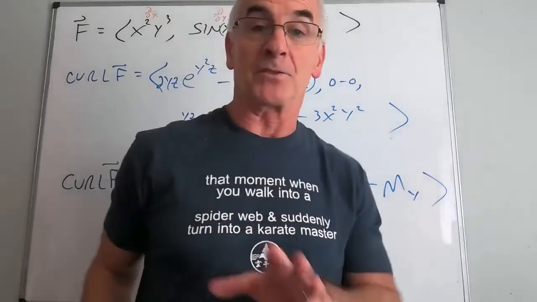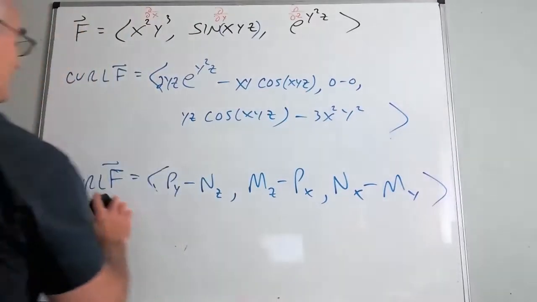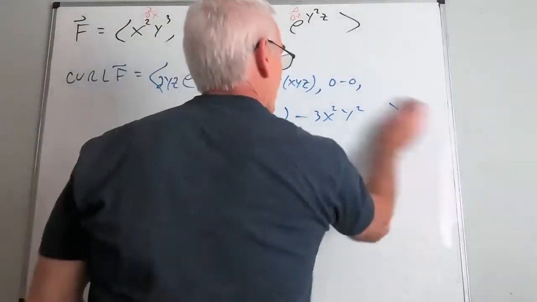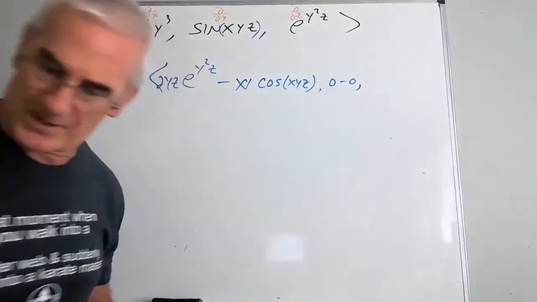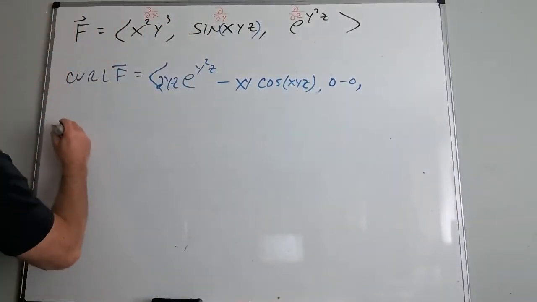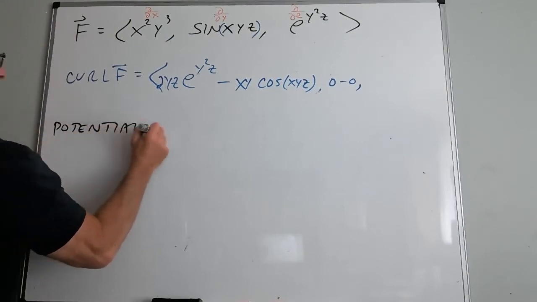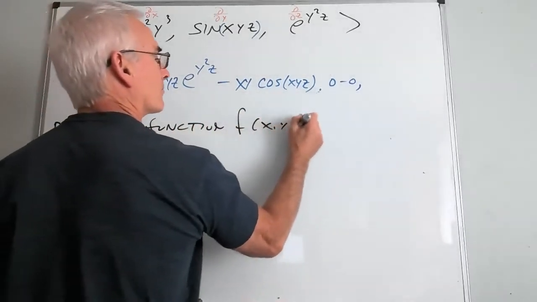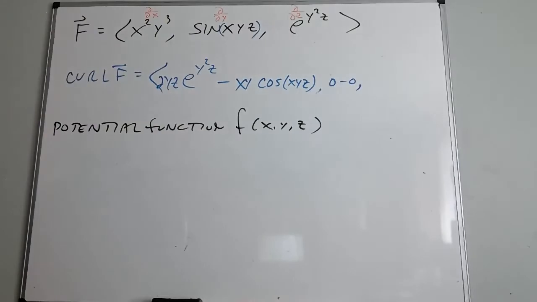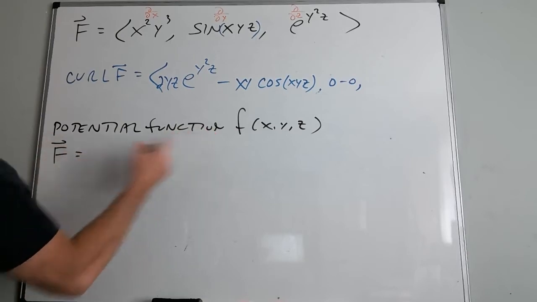Now I'm going to show you something. This is probably the most important result of the day, and not a complicated result. Let's consider, sorry, I have to erase part of this. Let's consider that I've got a function. I've got a potential function. We now know that if F is the gradient of this,